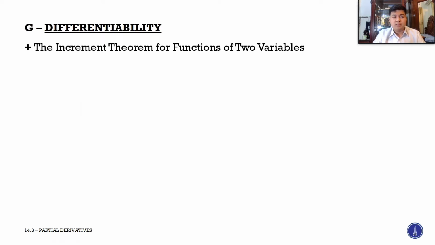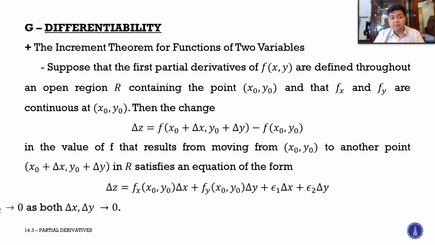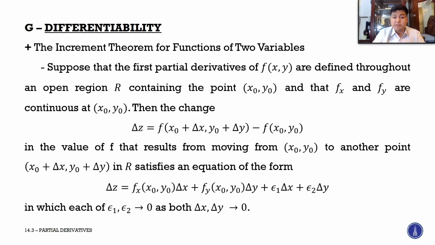This next theorem, which is the increment theorem for a function of two variables, states that suppose that the first partial derivatives of f of x and y are defined throughout an open region R containing the point x sub 0, y sub 0, and that fx and fy are continuous at x sub 0, y sub 0. Then the change delta z equals f of x sub 0 plus delta x and y sub 0 plus delta y, minus f of x sub 0, y sub 0, in the value of f that results from moving from x sub 0, y sub 0 to another point, x sub 0 plus delta x and y sub 0 plus delta y,